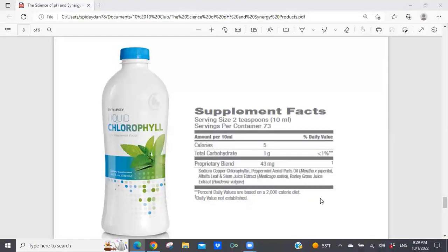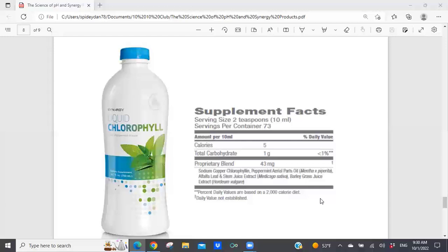If I have to drink water, I find it hard to consume a lot of it, because water tastes okay, but it really only tastes good if you're really thirsty, at least for me. But if I add the liquid chlorophyll to my water, I can drink that all day long. I like the taste, and I prefer to drink my water that way. So I end up drinking much more water than I normally would